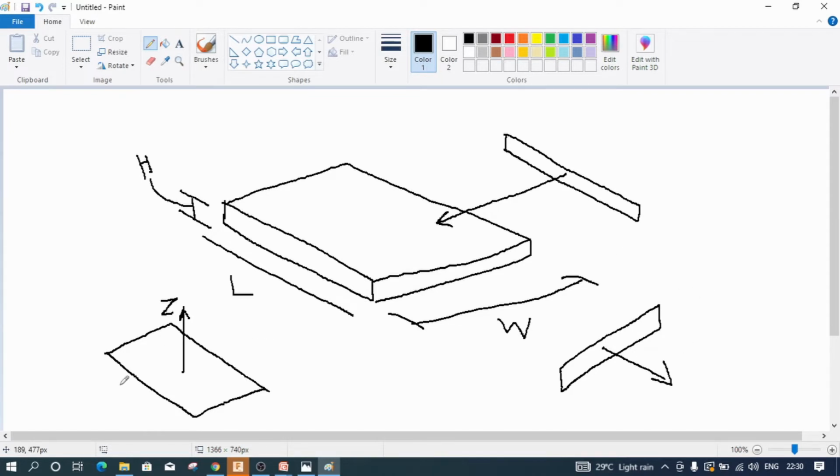So here our dimensions will be length, width, and the extrusion dimension will be your height h. And in this case, the rectangle size will be length by height and the extrusion length will be width. And if you are using this third approach, the height will be h, width will be w, and the extrusion length will be the length of the object. So based on the requirement and the scenario or situation, you will be using three different kinds of approaches for developing the same part.